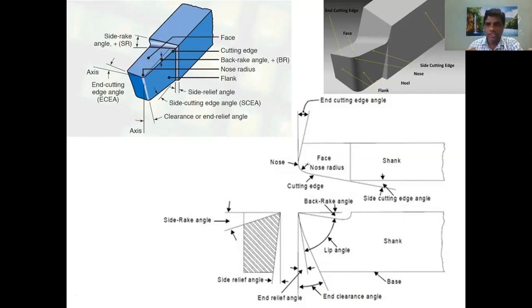Even if a small difference happens, take the back rake angle: for normal tools we follow 15 degrees. If instead of 15 degrees you go for 20 or maybe 25 degrees, cutting will happen, but the force on the material will change. The force may increase or decrease, but your cutting tool becomes weaker. That's why the angles, as per the design, have to be maintained in the cutting tool. So now I will give you a break.